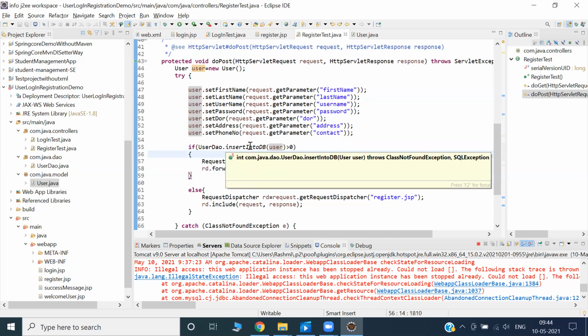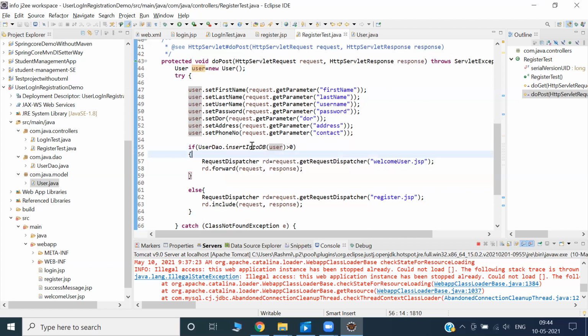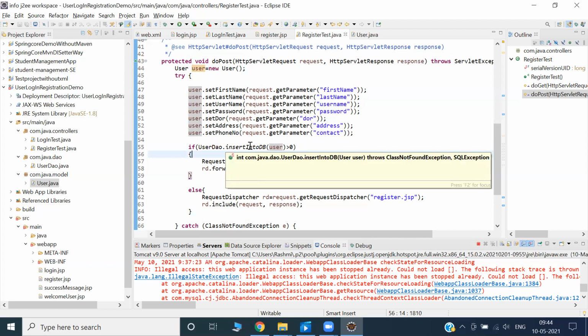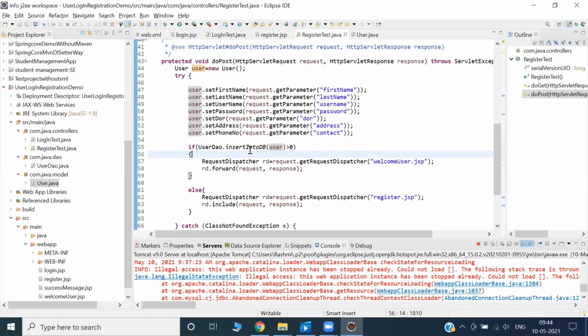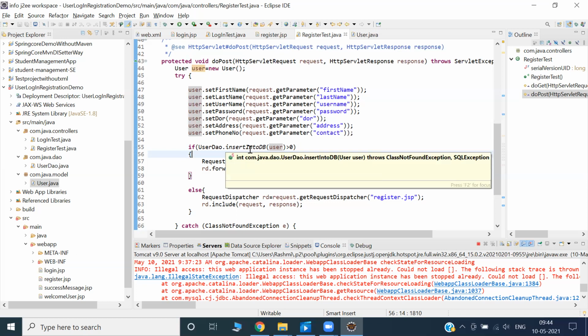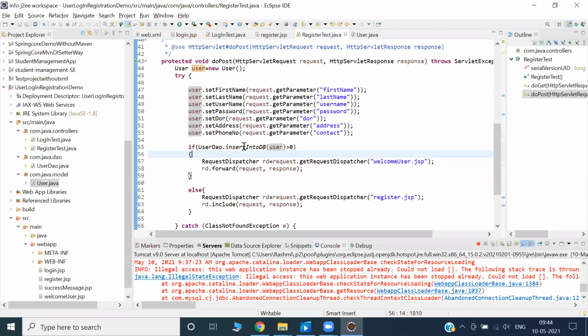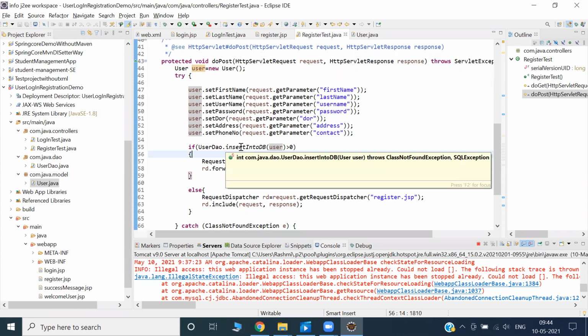It is calling an insertIntoDB method. Is this insertDB method in this class? To call a method, either we require an object or a class name, provided the method is a static method. Who can tell me if this method is static? You can keep your mouse over here and find out.